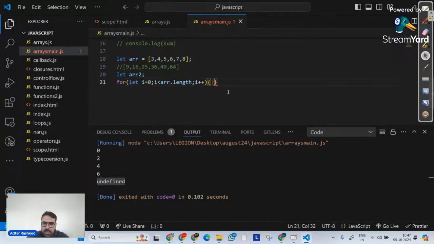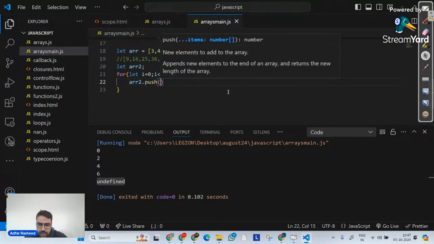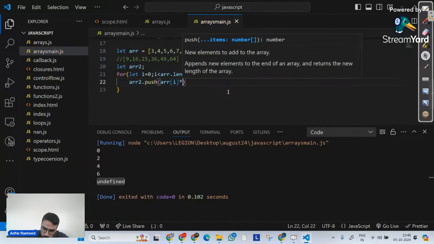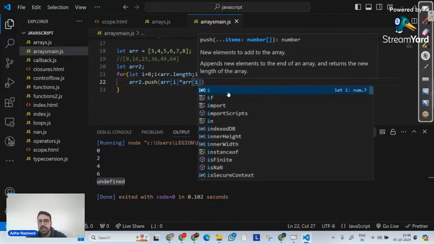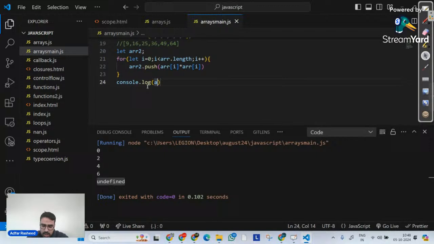In this loop, I'm going to tell it, do one thing: on my arr2, please push an element. What is the element it's going to push? My arr at the index i into arr at the index i. And then I'm going to console.log my arr2.